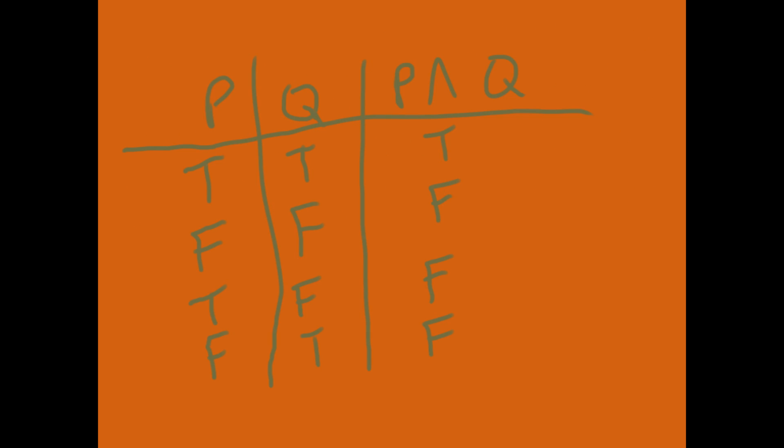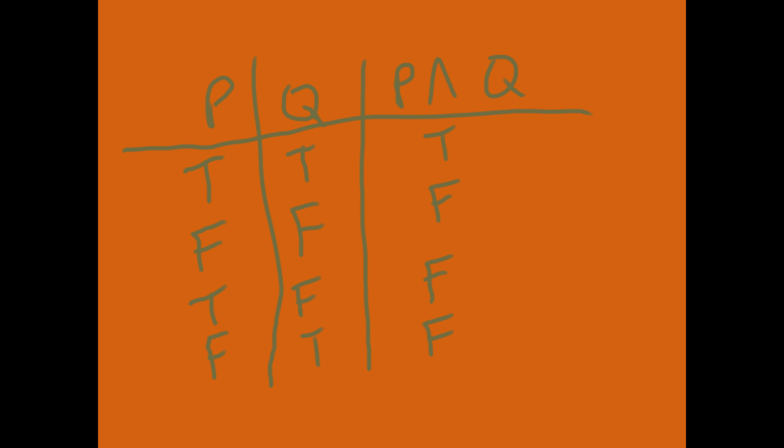In this truth table, we'll set up the statement P and the statement Q. So we know a statement can be true or false. So how many different combinations would we have where we have P or Q as true or false? It's a basic combinatorics problem. Basically, we have 2 different options for a statement, and we have 2 different statements. So it would be 2 times 2 gives us 4. So we have 4 different options, 4 different scenarios,